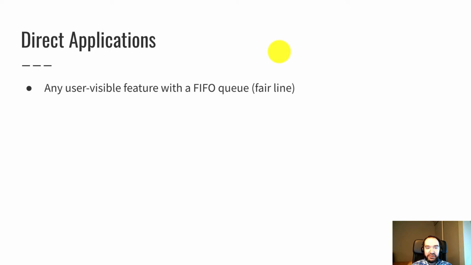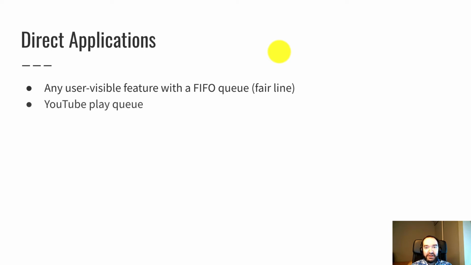You might remember back when we covered stacks, it was kind of hard to come up with some examples. I had to grasp at straws a little bit. But for queues, there's actually plenty. Any user visible feature in software that has a first in, first out queue, in other words, a fair line where people go in at the back and come out at the front, would correspond to a queue data structure